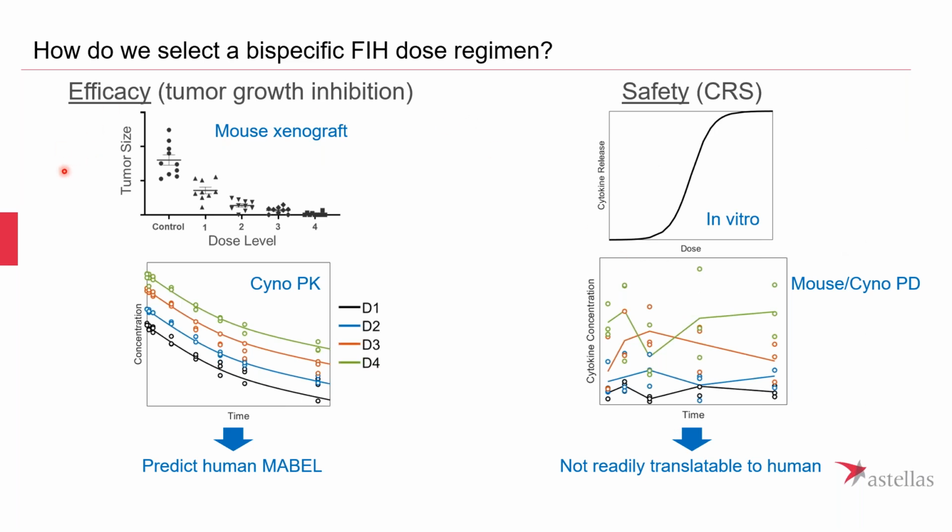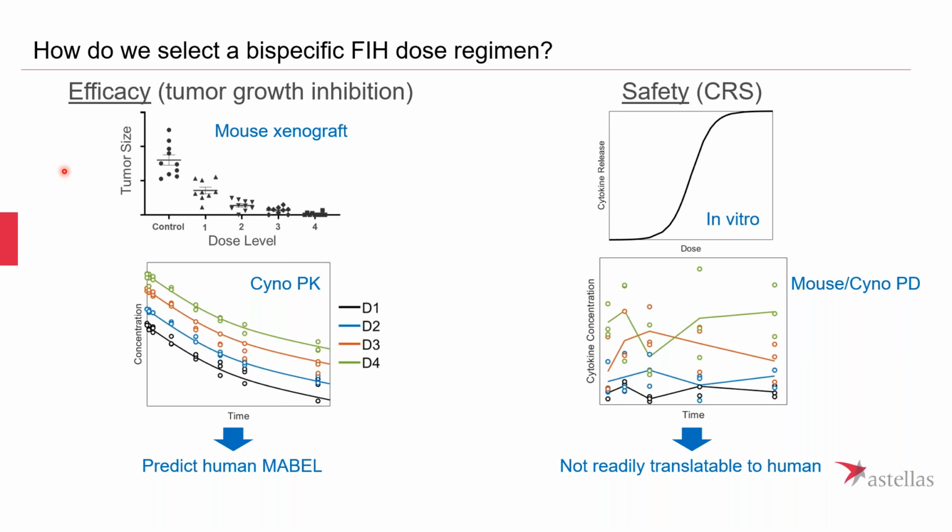So I think that leads into our main question of the day, and that is, how do we select a first-in-human dose regimen for a bispecific? We've got a new bispecific entering the clinic for the first time. How do we think about selecting our dose, particularly that step-up dose regimen, so that we can balance this safety